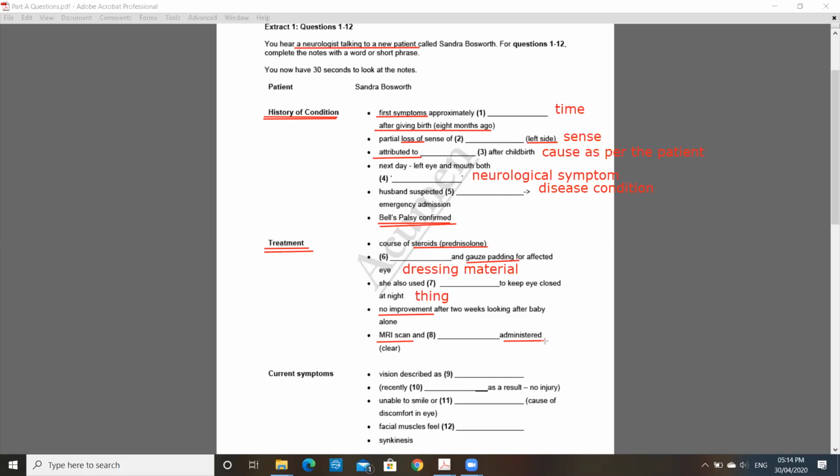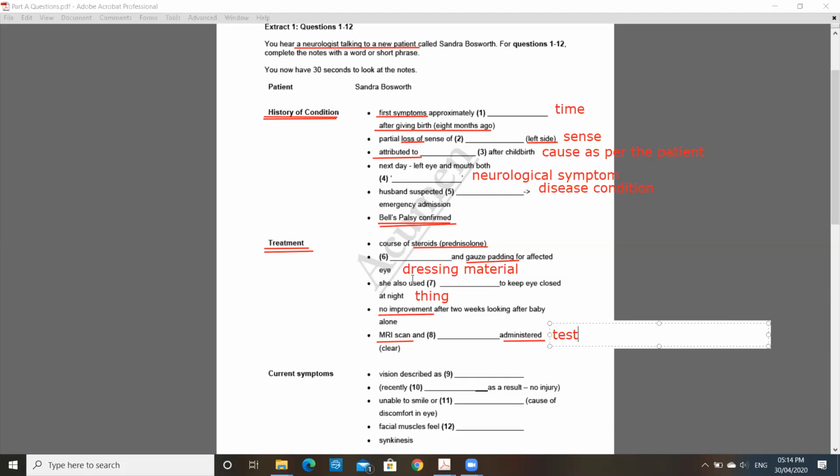So usually the word administer collocates well with the type of medication. But here again, because they both are on two different sides of "and", you can expect that you would have a similar word here. So here the type of information that we are looking for is a test apart from MRI.